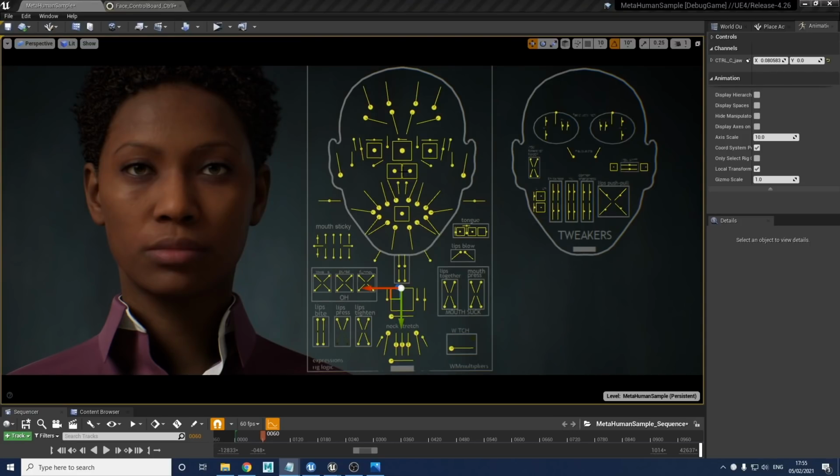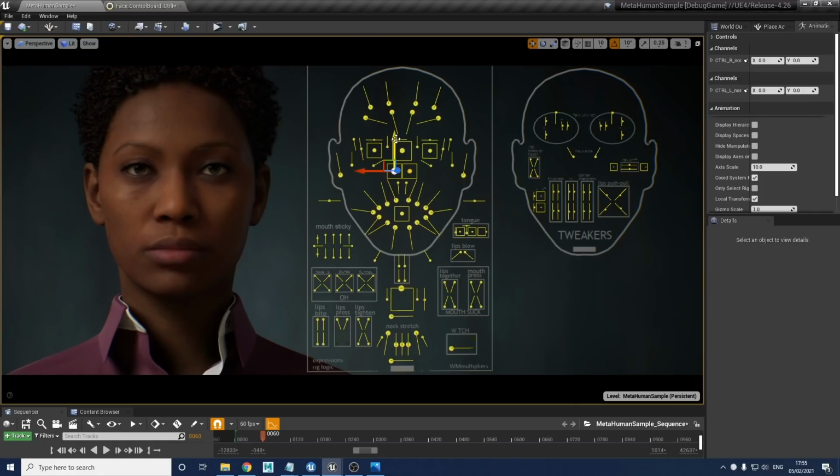So I'm going to move up towards the nose now. We have the nose control here, right in the center. This moves up and down in the TY. You get a nose scrunch, like this. And it impacts the brows. It pulls all the creases in around the inside of the eyes there. And it moves in the TX as well for a nose flare. So when you flare your nose, you can do it in the TX. And you can do them asymmetrically if you need to as well.